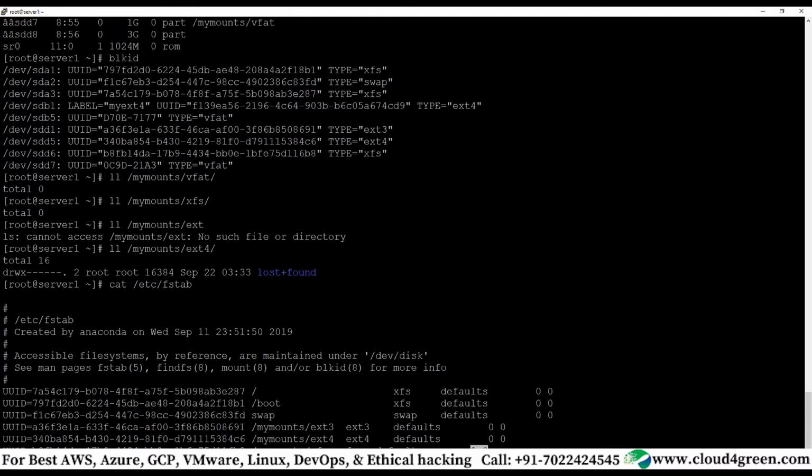The logical volume, whichever is there, will be associated to a particular VG, not to these two. If this logical volume is there, it may be associated with this, meaning this logical volume is in VG0, and this logical volume may be in VG1. Correct?